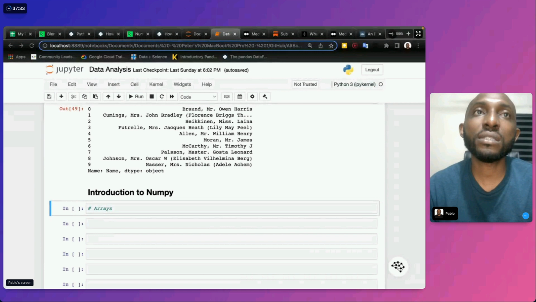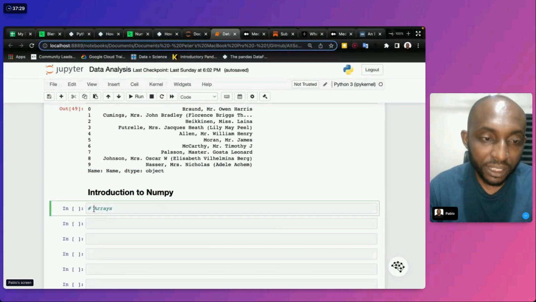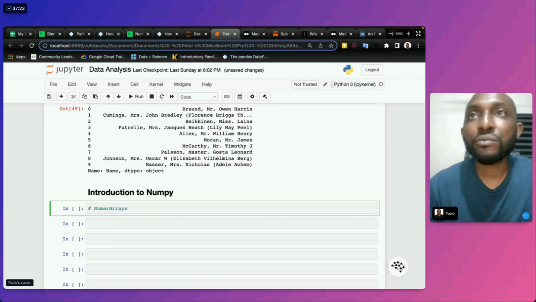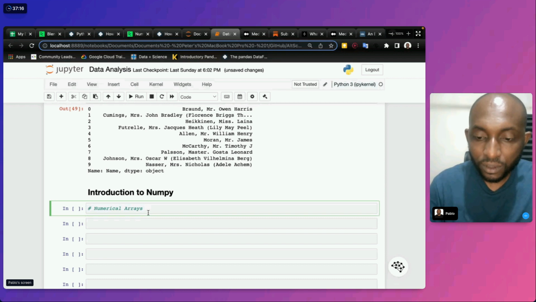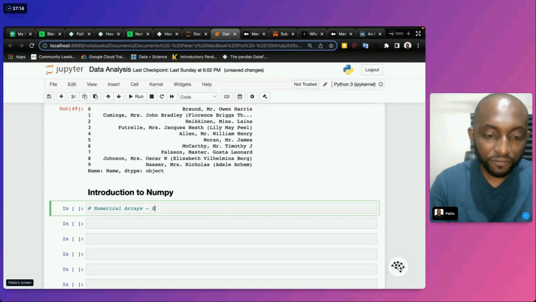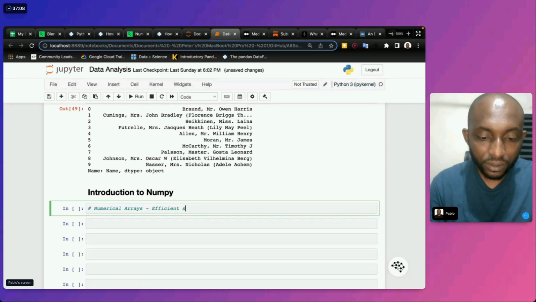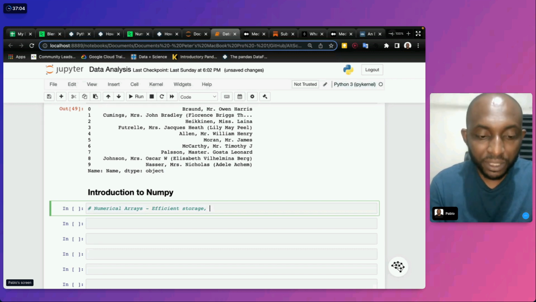Because data is being manipulated in numerical arrays, it makes for efficient storage. It also makes for speedy manipulation.